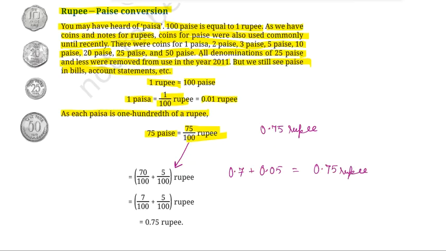Now here you could see यहाँ पे एक जीरो लगाना इन्होंने मिस कर दिया है. So it should be 7 over 10. या तो ऊपर जीरो लगाते या इस जीरो को हटा देते. 7 over 10 plus 5 over 100. 7 over 10 again 0.7. 5 over 100 is 0.05 and you get 0.75 rupees. So the answer still remains the same by whichever method you want to do. जब सेम ही चीज है तो सेम ही आंसर आएगा. आप कोई भी मेथड यूज कर सकते हो जो भी आपको बेटर लग रहा है.